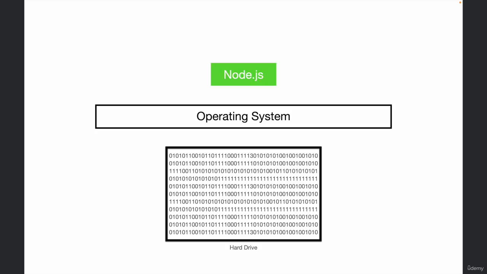So when you run a Node.js application, you're actually opening a new process on your operating system. Now, when you're dealing with files using Node, Node.js doesn't have any idea how to go to your hard drive, find a file and modify the bits there. So it's not going to go directly into your hard drive. What happens is that Node.js is talking to your operating system, and the way that happens is using something called system calls. So Node.js, using system calls, talks to your operating system, and then your operating system goes to the hardware